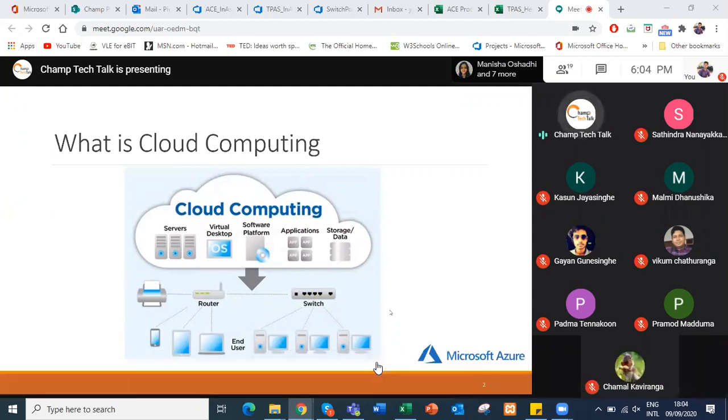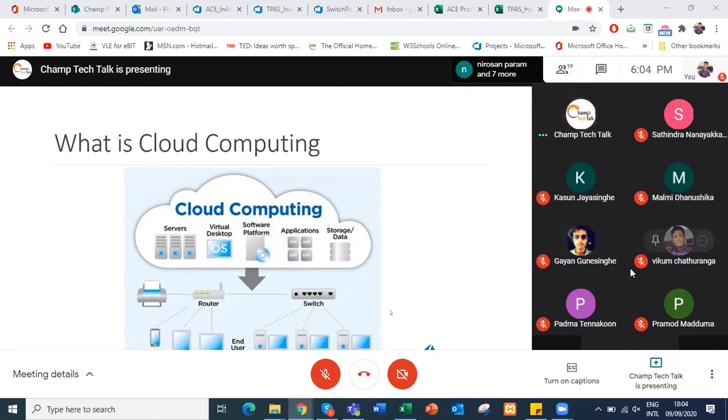So how does this cloud computing work? This image simply shows how servers, virtual machines, and software platforms are interconnected with each other. Azure has made cloud computing simple. That's the main point we're going to talk about today.